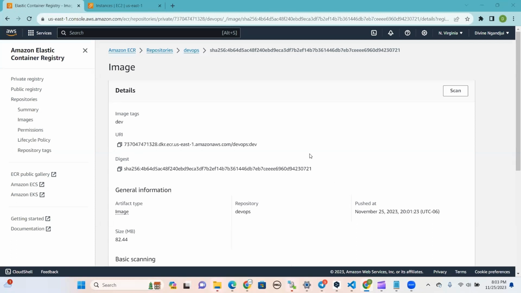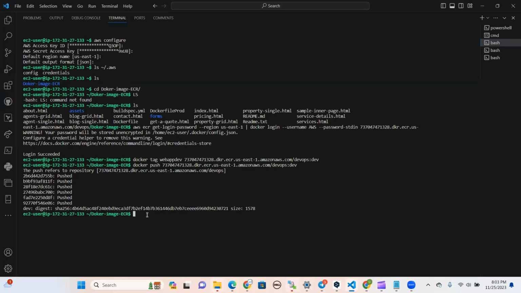Okay, guys, let's bring the container up. To bring the container up, it's pretty easy. We need to run the docker run command with -d, which is the detach mode, and -p, and then the port. If you remember, if you go back to our previous video, when we were deploying the Terraform